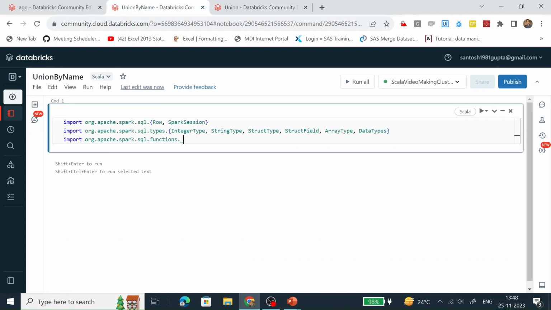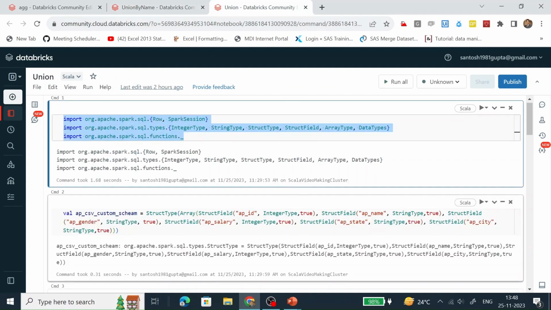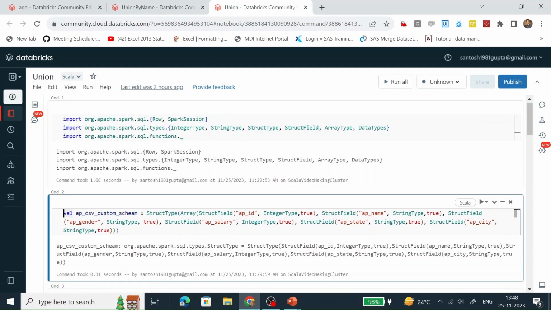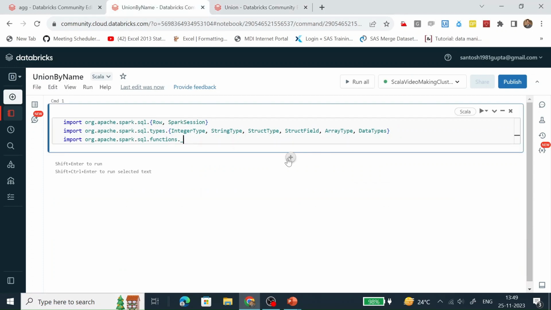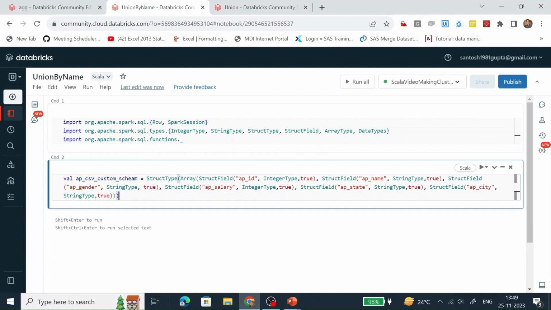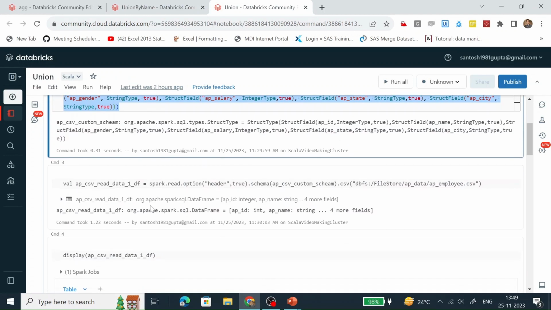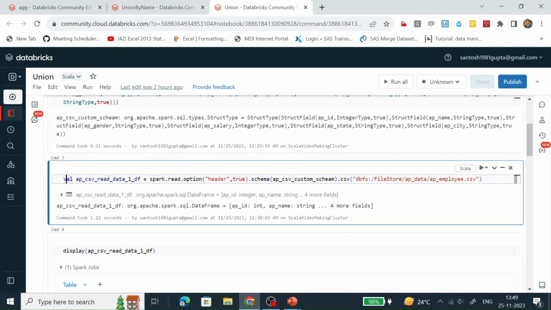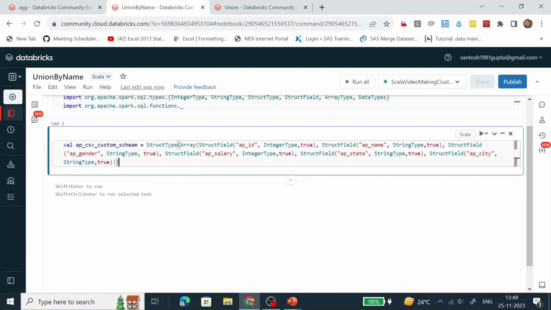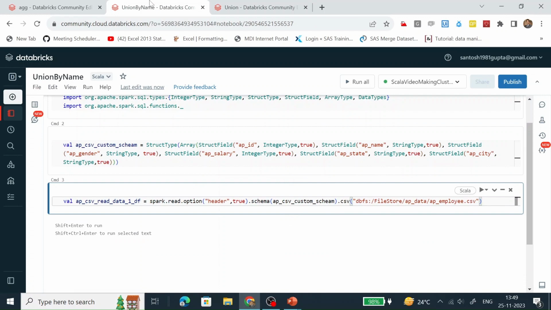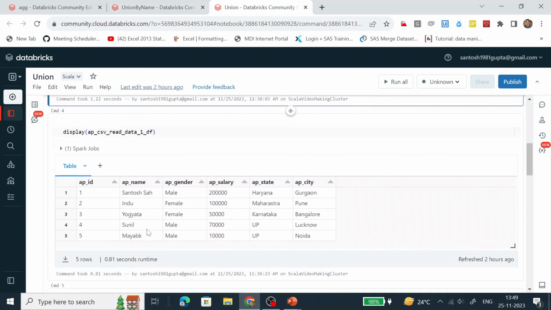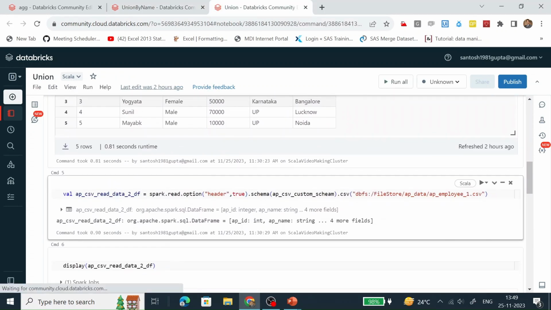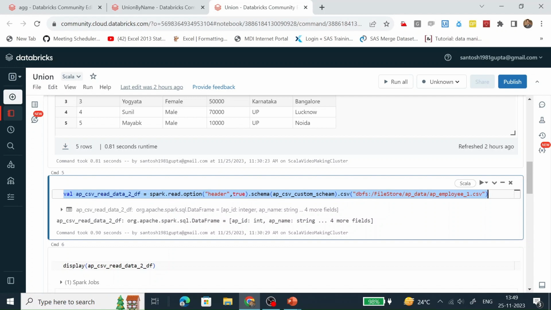This will import all the required libraries. This will create the custom schema. This will read a CSV file and create a data frame. This will also read a CSV file and create the other data frame.